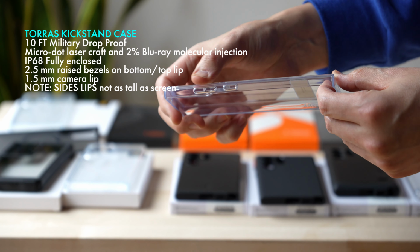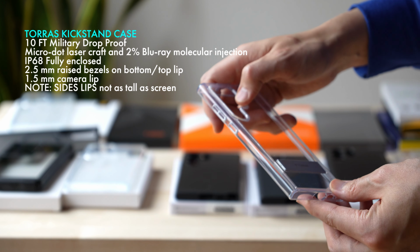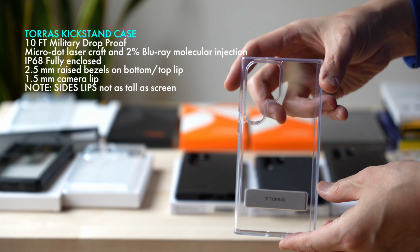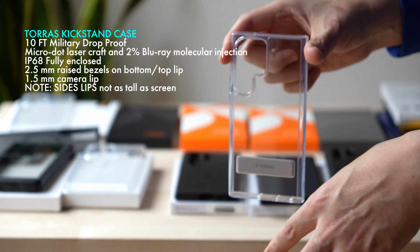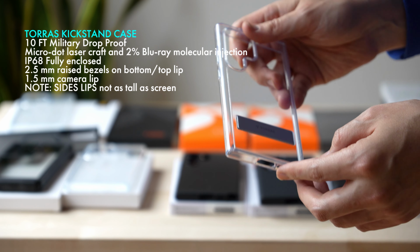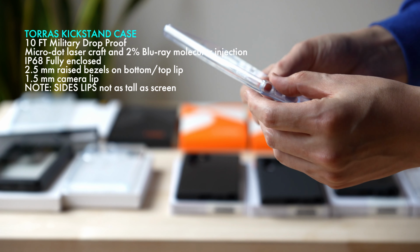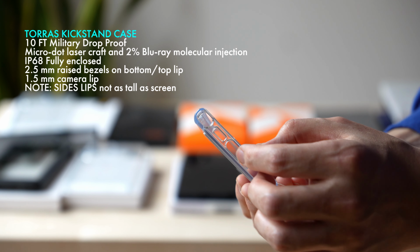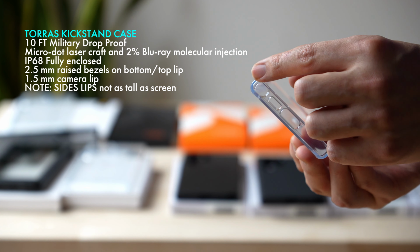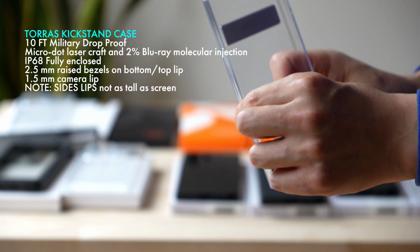There is a cutout for your camera. It's not going to be individualized cutouts, but there is one large cutout. That's going to give you the ability to pair it with a lens cover. There is a really sharp line in between top and bottom, so you can feel the difference. They made the corners thicker and more padded. You can kind of gently see the difference right here, right here, right here, then even on the sides and